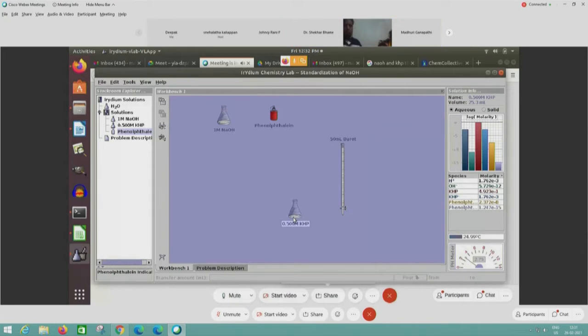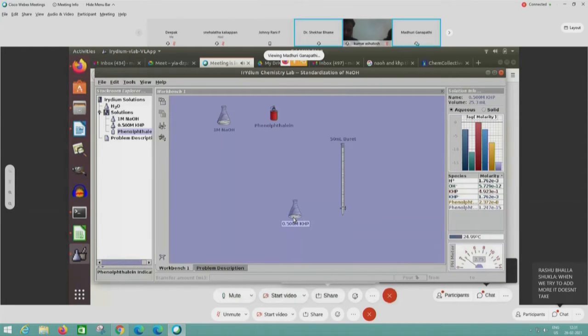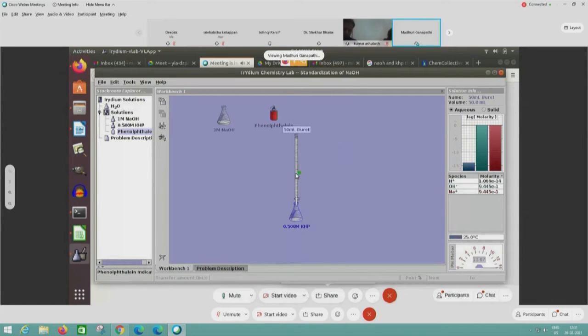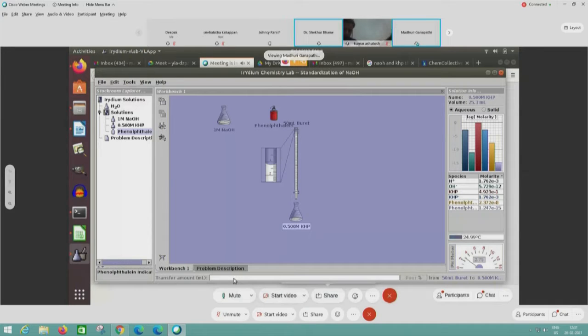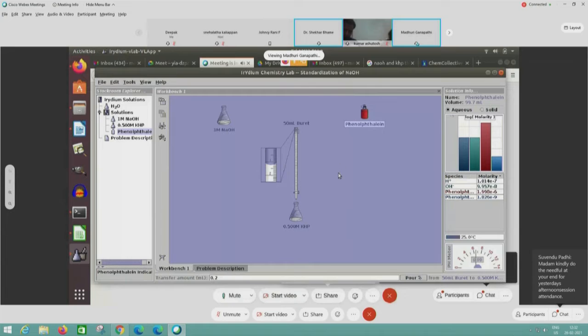Initially when we start the titration, I will use precise transfer. In the first section I will transfer a very small amount, that is 0.2 ml, and then later I will transfer 0.1 ml. So I will go to tools, transfer, precise transfer. I'll put the burette on the earthenware flask. In the transfer amount input bar, I will type 0.2 because we are doing it in the first session. The endpoint is detected around 13.2. So let me start.